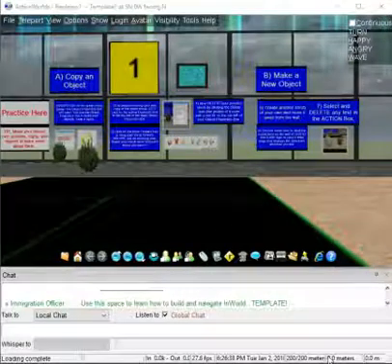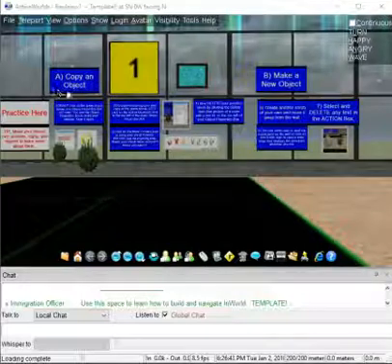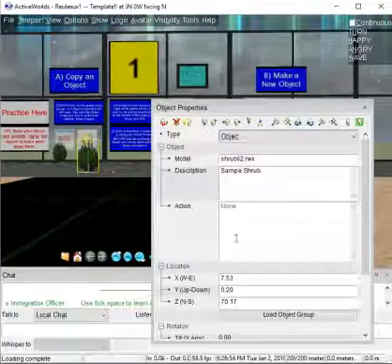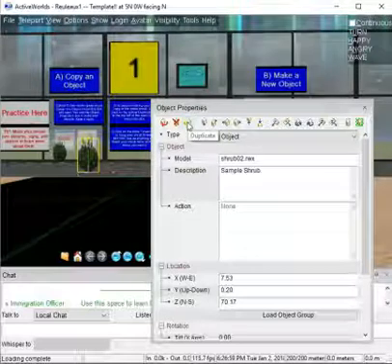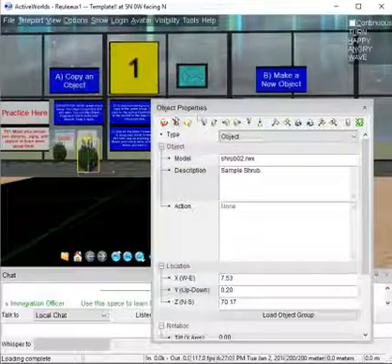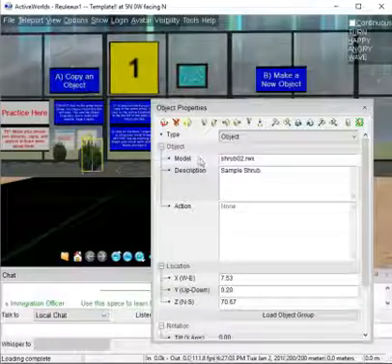Welcome to Task 1. In Task 1, you are going to learn to copy an object, and the copy will then belong to you and you can modify it. And you modify it by giving the object a new model name. So for example, if I copy this object and using the yellow duplicate cube in the Object Properties box and